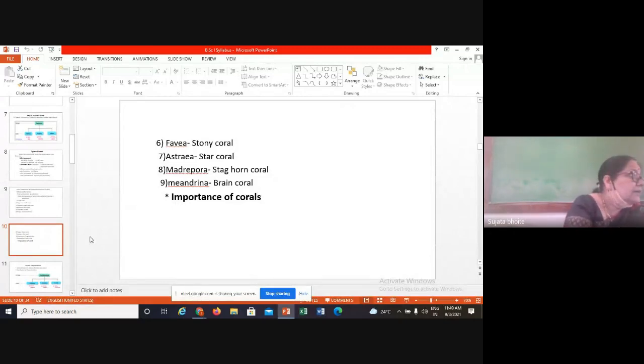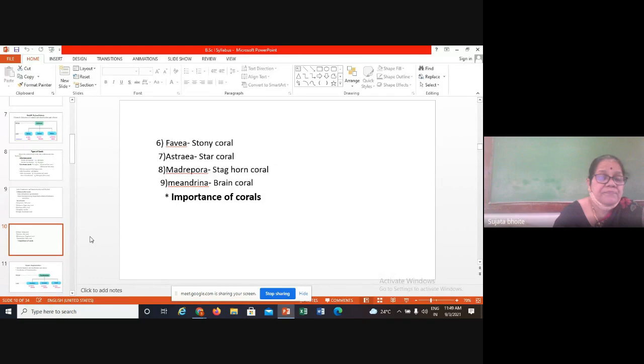And next point is the importance of the corals. In these points, the corals are the shelters for the fishes. Corals protect the seashore from the erosion, and corals produce coral islands, which are habitats for human beings and land animals. For example, Maldive Islands, etc. Certain brilliantly colored corals